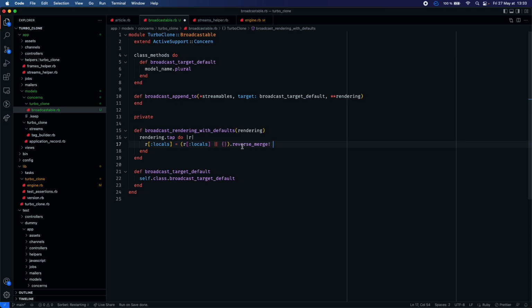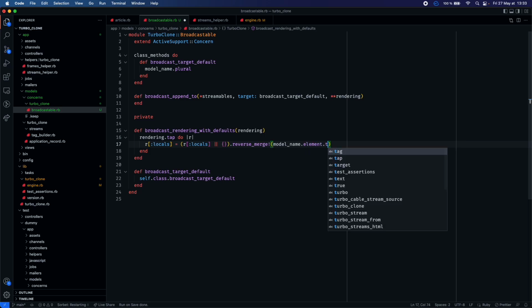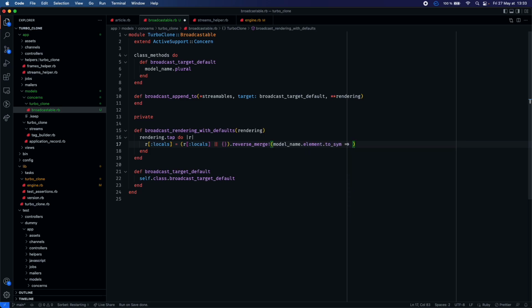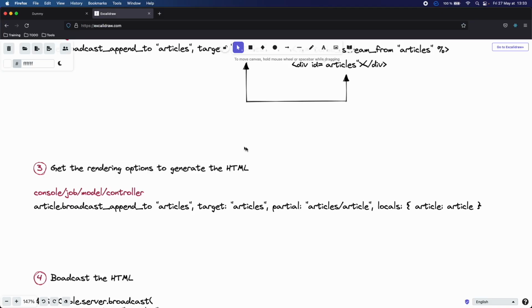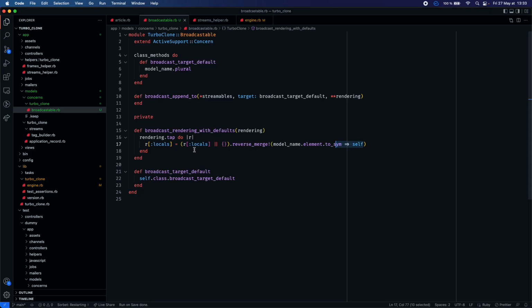And if they don't exist, what we're going to merge is model name element to sim, and this will be associated to self here. So let's explain what's going on here. As we said, we want the locals to be equal to article with the associated model, and that's exactly what it's doing. We say that if locals were not provided by the user when calling the method, then what we want to do is